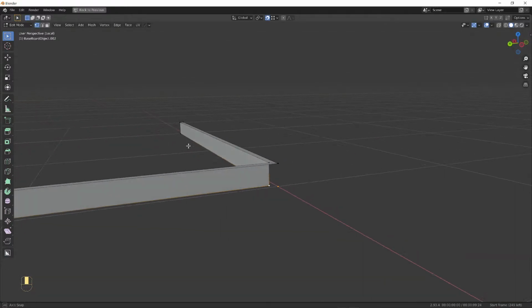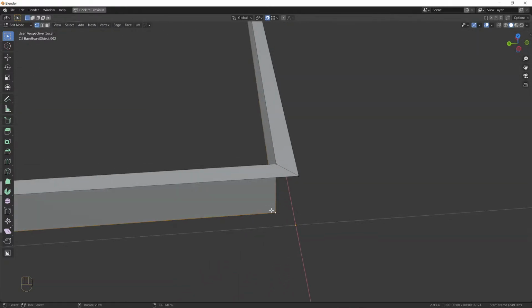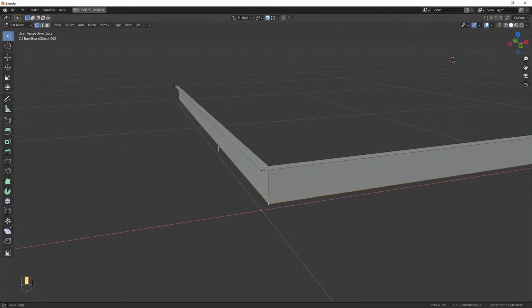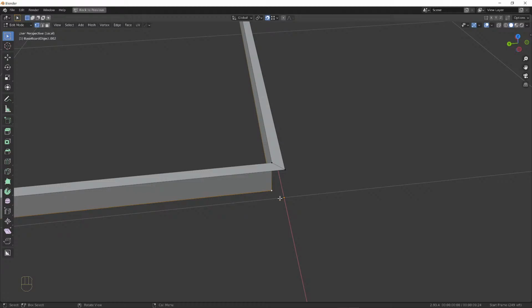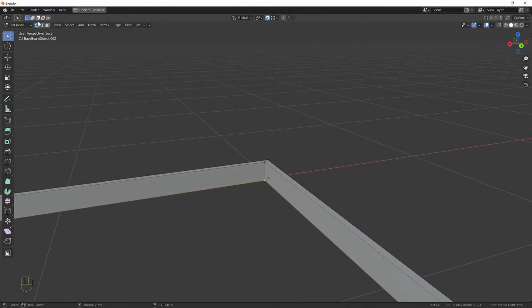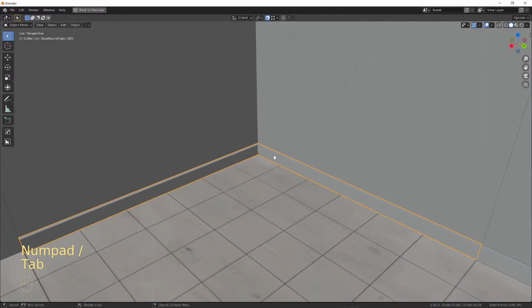All right, cool. And the pivot point is right at the corner. It's not here, it's right here. Okay, and that's important because this allows me to snap this joint, this connection, right into the corners of my walls of my scene, of my room. Okay, so now if I look at this,